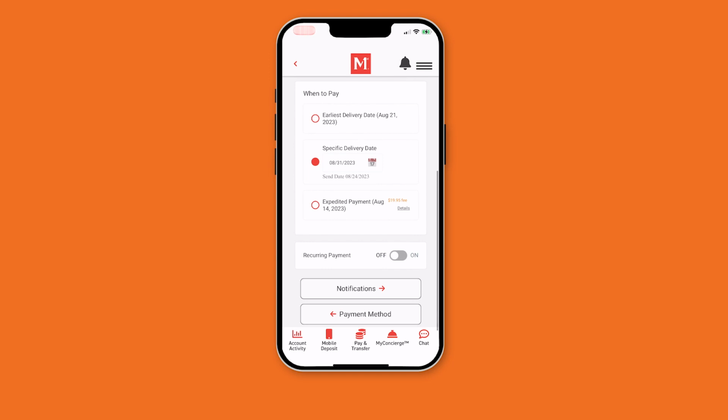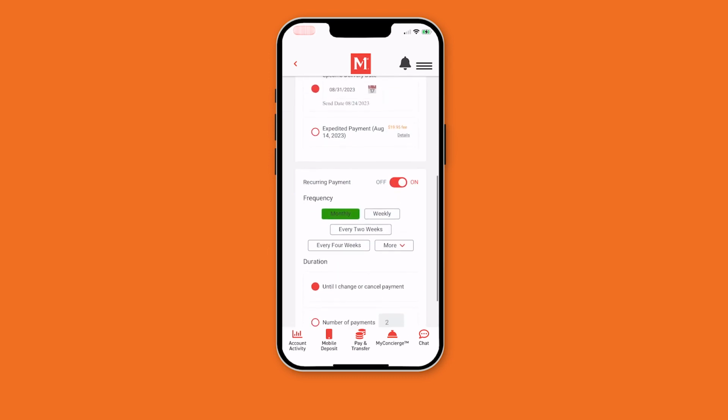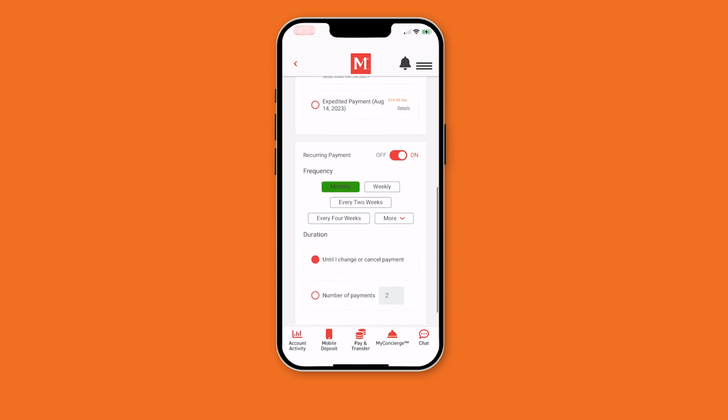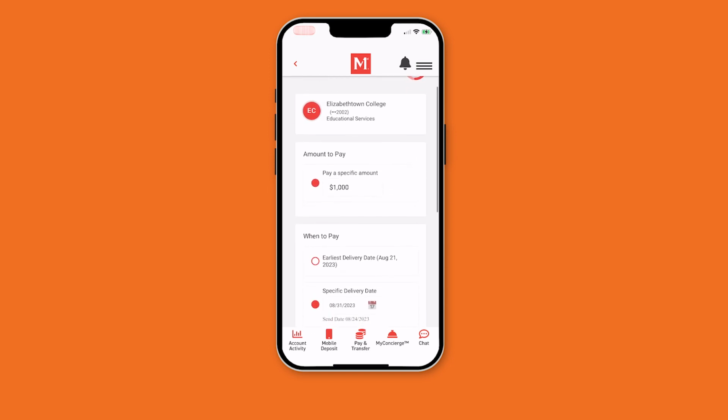Select the toggle button to move recurring payment to on. Select a frequency option. Utilize the More drop-down to see all available options. Select a duration based on the number of payments you wish to process. If a recurring payment is not selected, then the payment will be processed as a one-time payment. Review all selections on screen for accuracy,